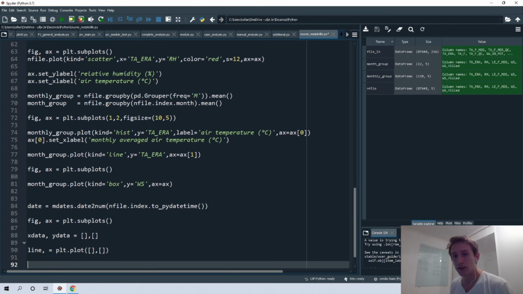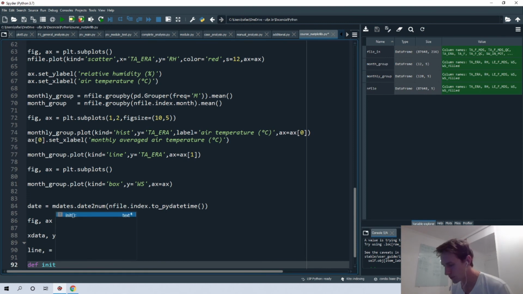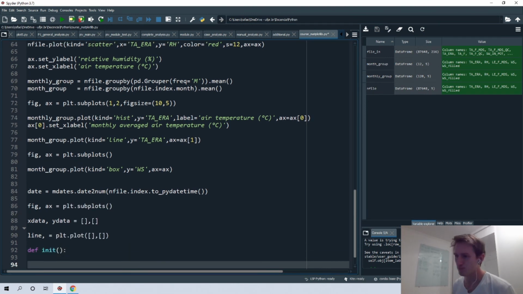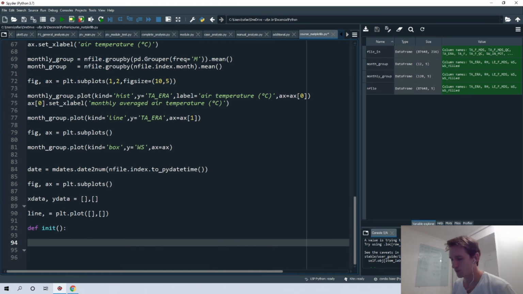And then we need to create two functions. The first one is to define the initial condition of our plot. So def init, for example, and then we specify the conditions. For example, we must specify the limit of our y-axis, exactly as we did in the first graph, set_ylim.